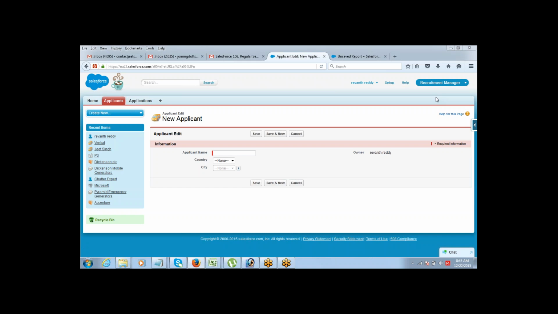Not working. Can you type in your user ID once again? Yeah, sure. Just give me one minute. You just need to give me the verification code. Give me one minute.